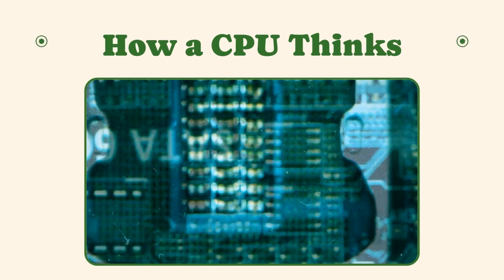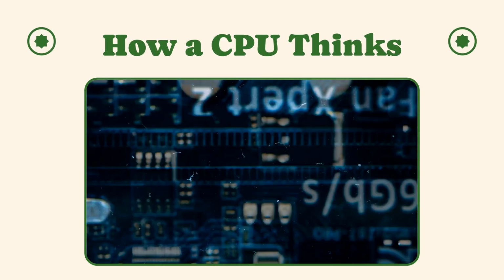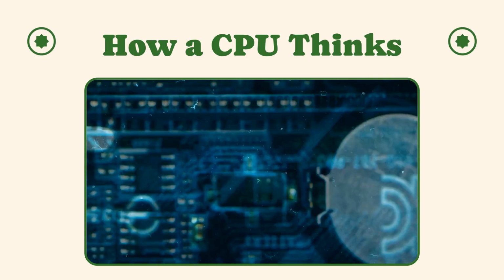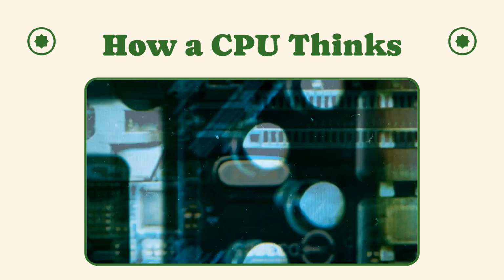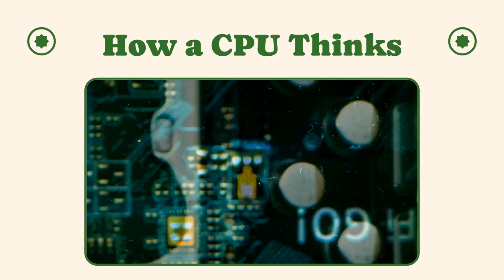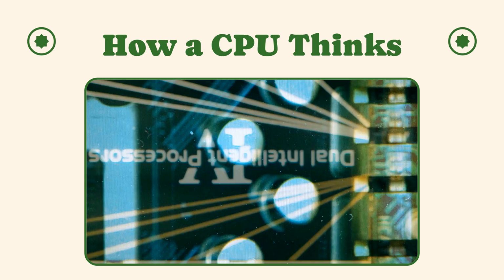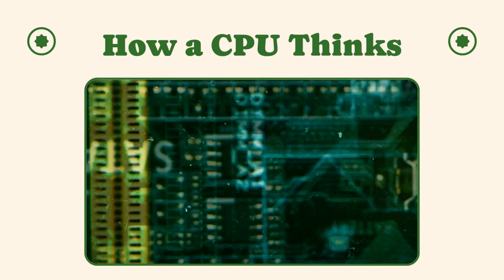Have you ever wondered how your computer's brain, the CPU, actually thinks? It's not magic. It's all thanks to tiny electronic switches called logic gates. Today, we'll visually explore how these gates work together to process information and make decisions, revealing the fascinating inner workings